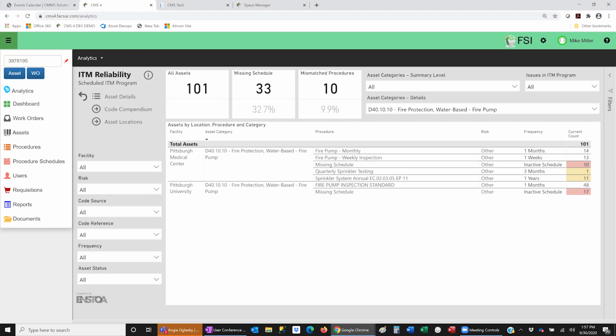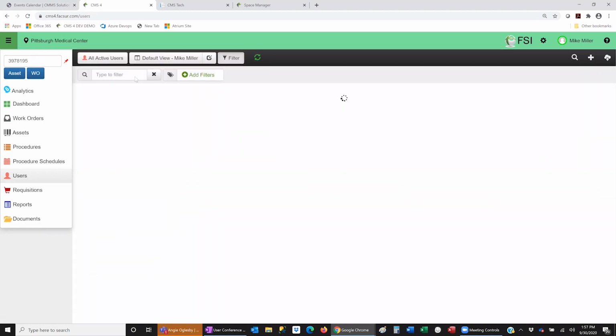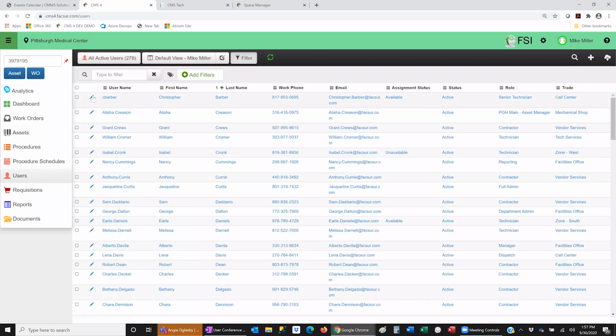Going back, manage users in call center. Right now, all of our user management is still in CMS under our users module. So the question about where you manage the users, that's currently in CMS. So you go to our users module, and that's where you manage all the users. That's where you give them the rights to the different